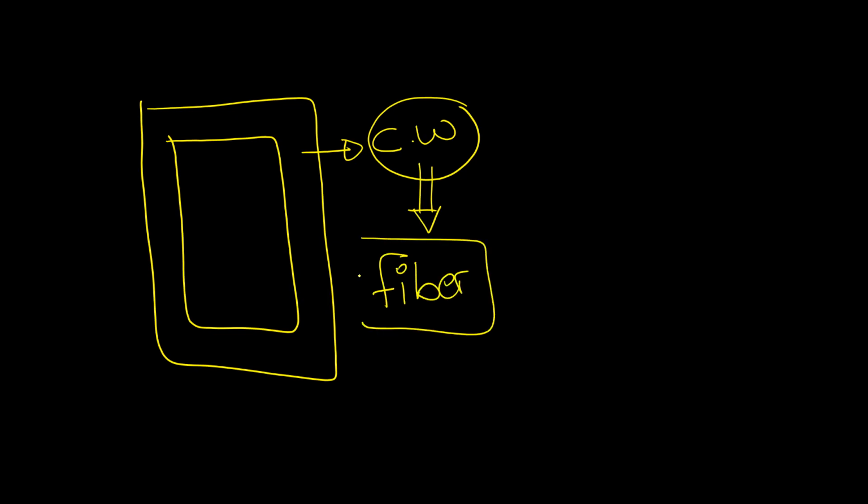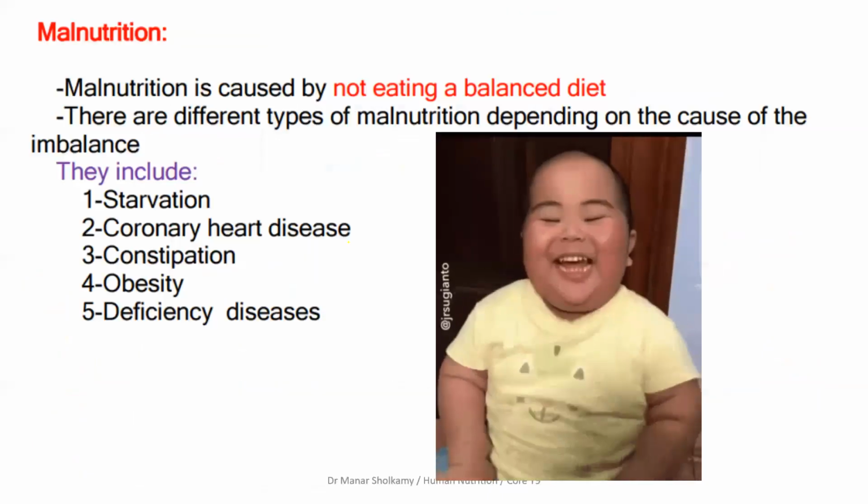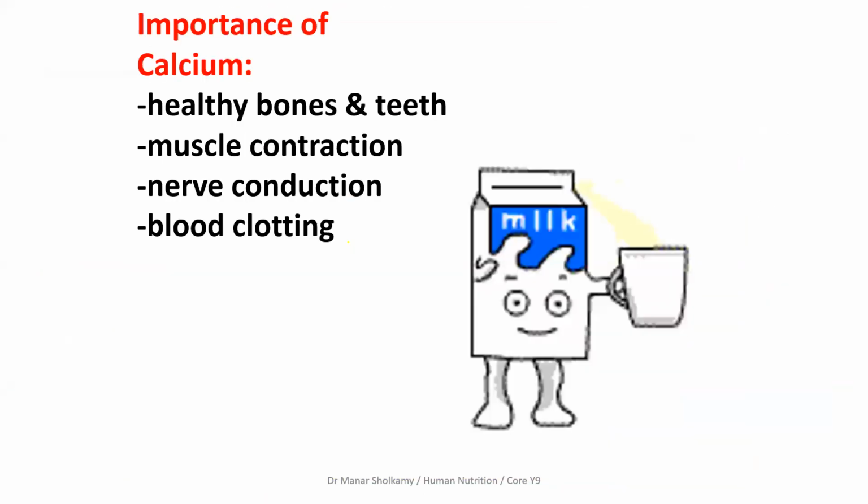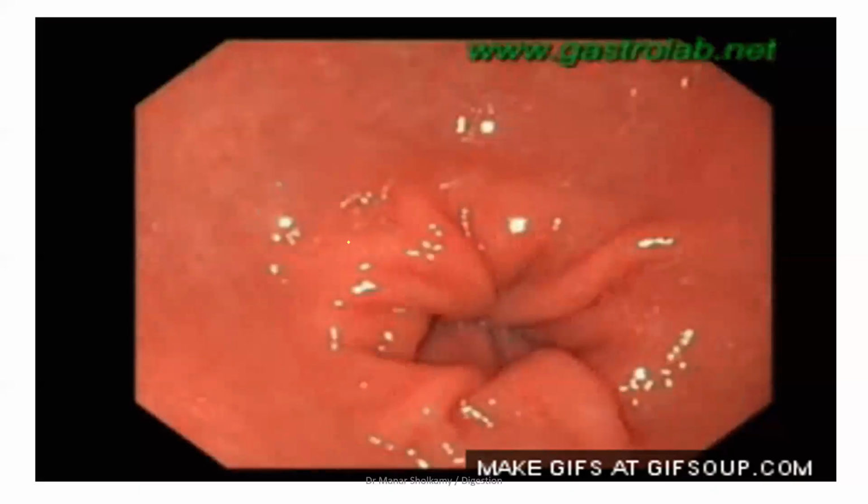Isn't there fiber in muscles as well? In muscles? Yes. The fibers that you are talking about in muscles are actually protein fibers that help in muscle contraction. It's different from the fiber that I'm talking about. But the only thing I know about fiber is that it helps with constipation. Yes, you are correct. Now, I'll show you pictures to cut a long story short and to tell you how fiber will help you.